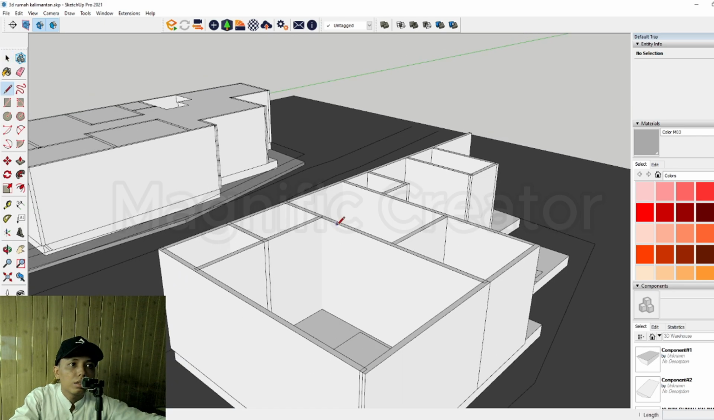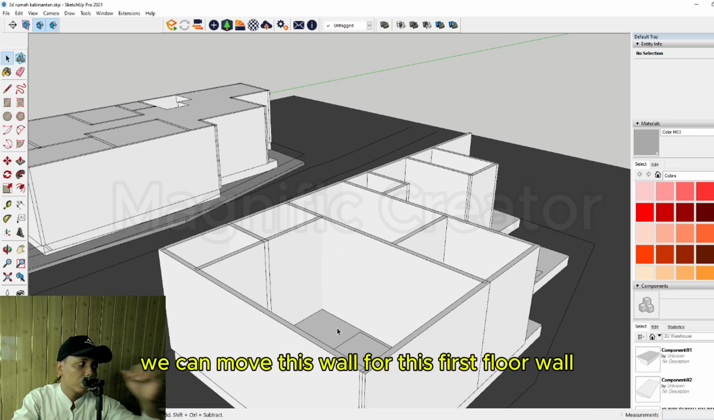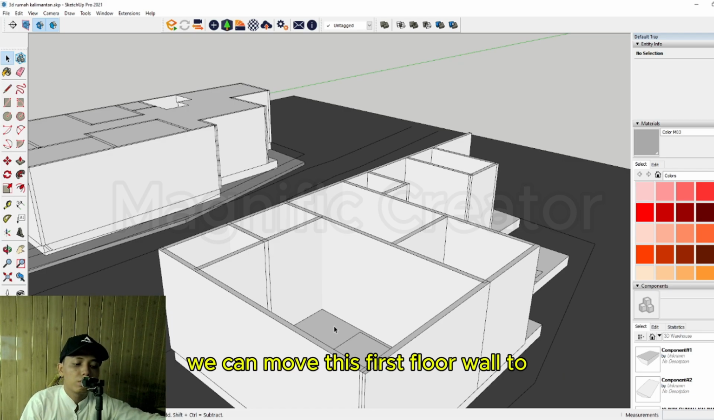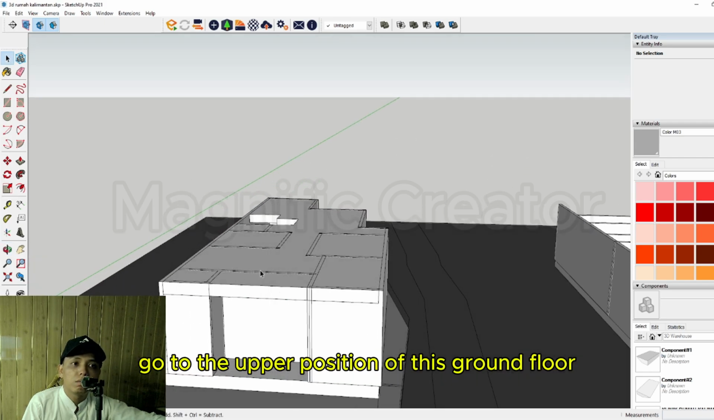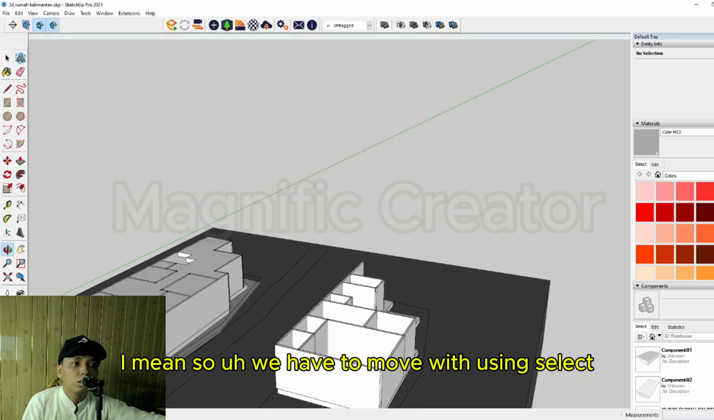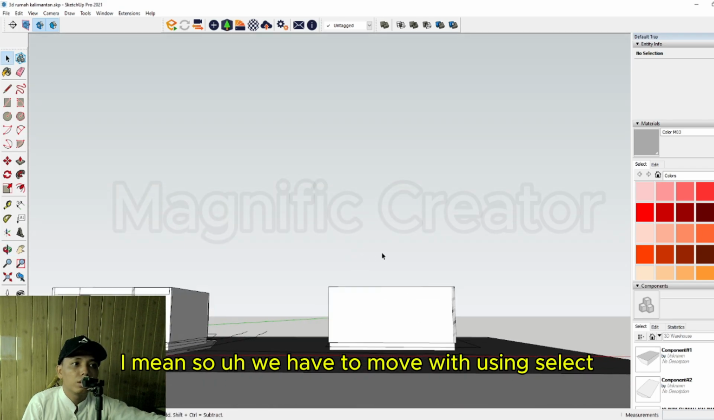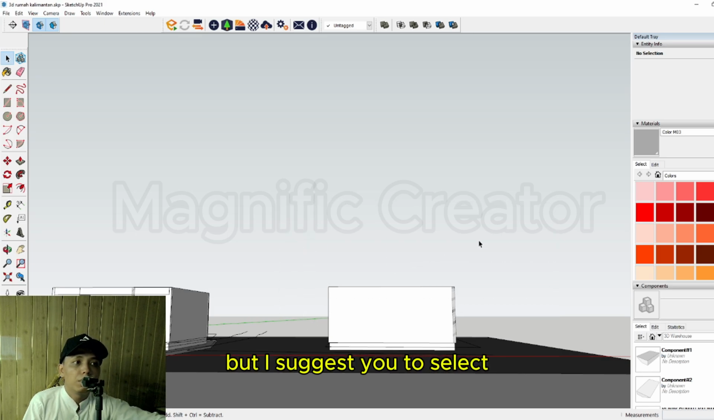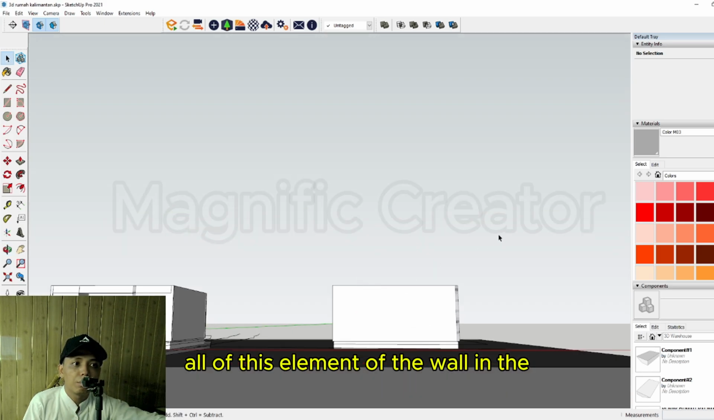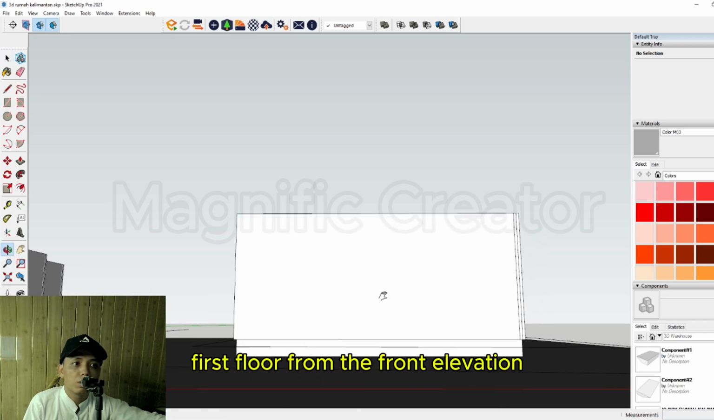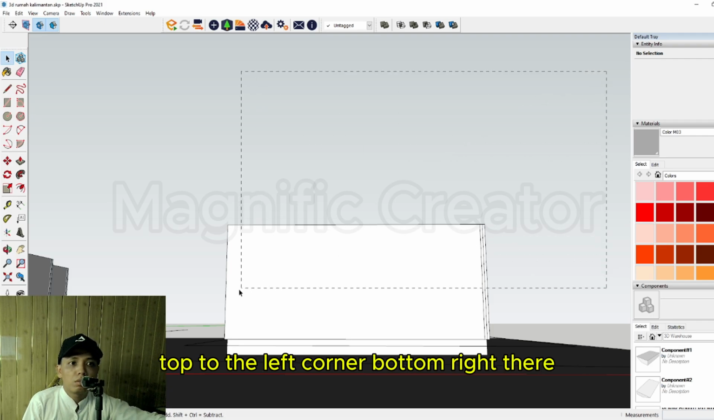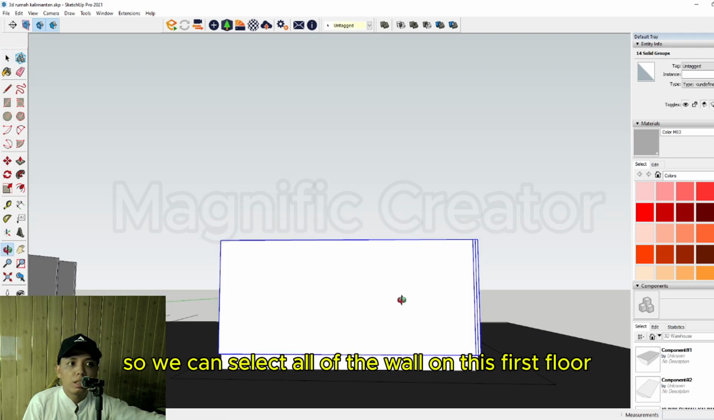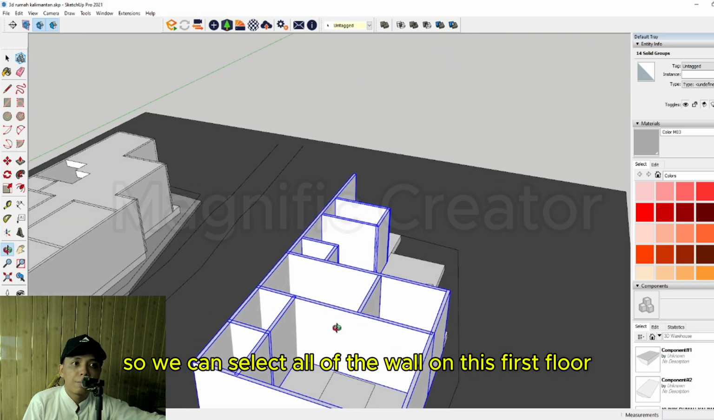move this. We can move this first floor wall to go to the upper position of this ground floor. I mean, we have to move by selecting all of this element, but I suggest you select all of the wall elements in this first floor from the front elevation like this. Okay, we have to drag with the cursor from the right corner top to the left corner bottom right there, so we can select all of the wall on this first floor